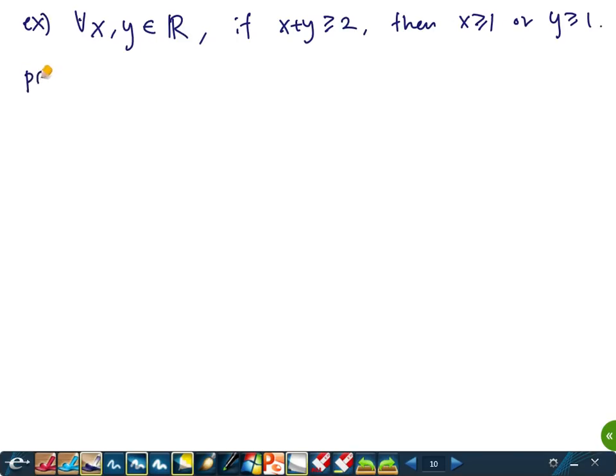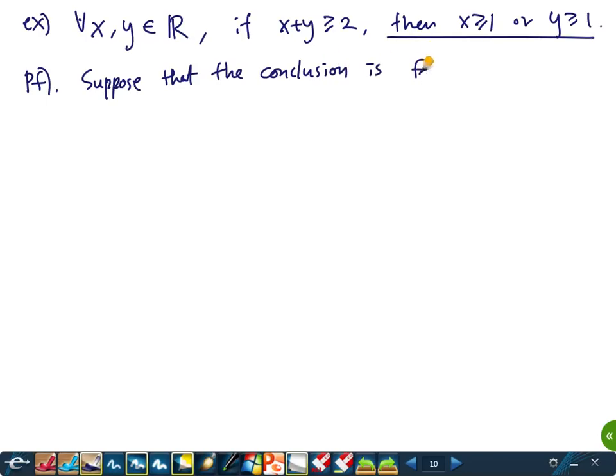So let's prove this. What is the first sentence then here? Suppose that the conclusion is false, right? We assume that the conclusion is false. Try to find a contradiction. So suppose that the conclusion is false. In other words,